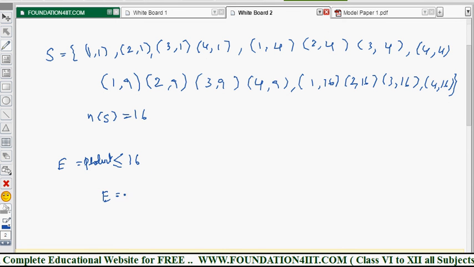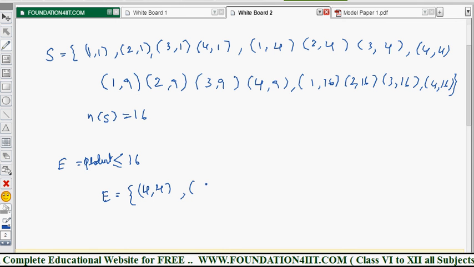In these products, for example 1 into 1 is less than 16, 2 ones are 2, again 3 ones are 3. For example, if you take 16 twos are 32, it's more than 16. So by eliminating that, if you take the remaining part, only the other values